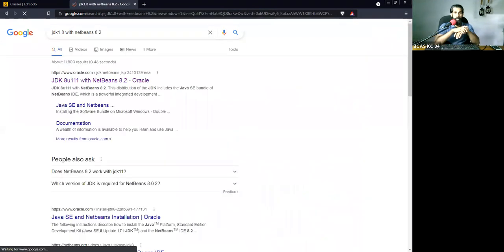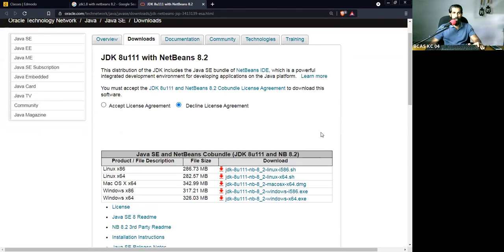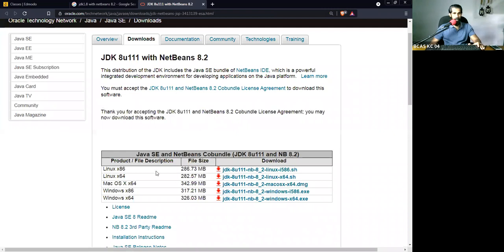Right. So that is the first link that comes. We can go here. This link I will give you. Once you go here, now Java is owned by Oracle. I will teach you this one later. Once you come here, children, you need to accept the agreement. Once you accept this agreement, only then will these download links get enabled.